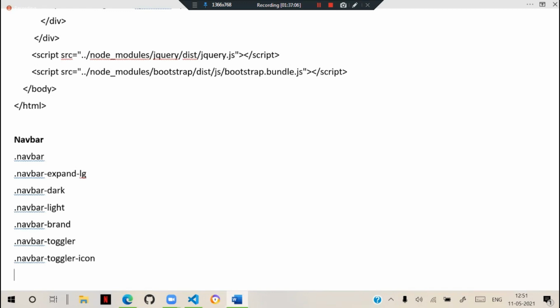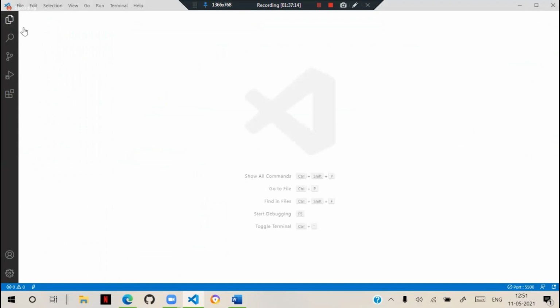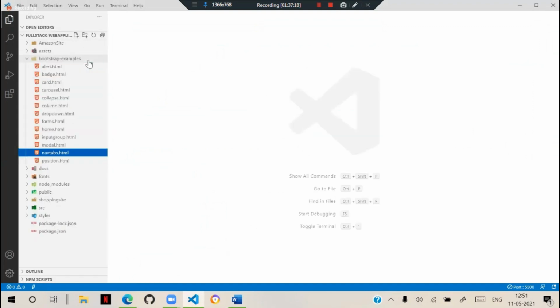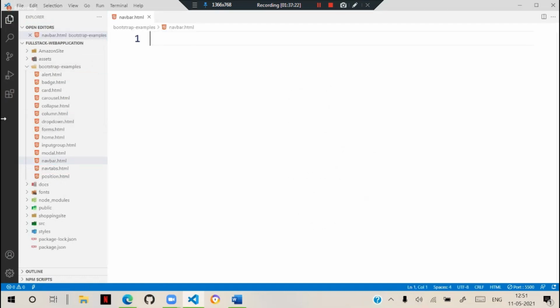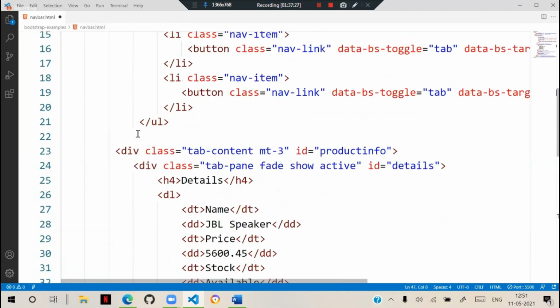Let's see. First, to create such navigation bars, we have to add all the jQuery and everything. This is the navbar HTML. Let's go and design this, and I will keep all this empty now.